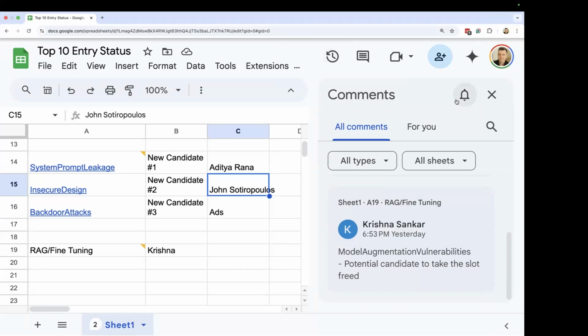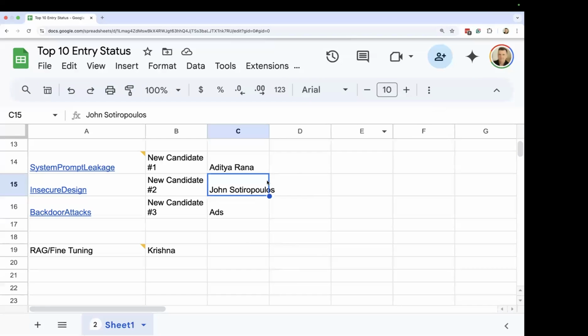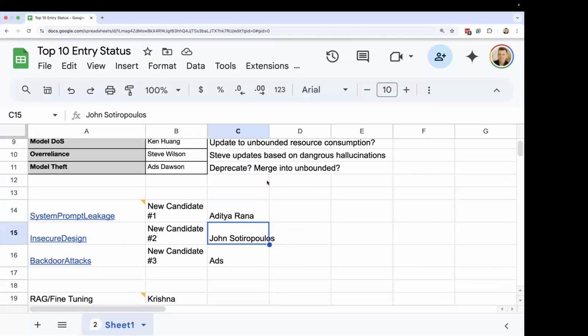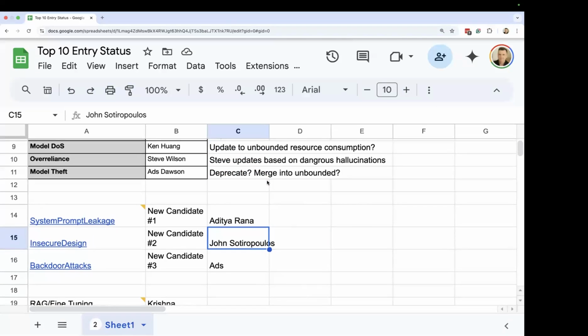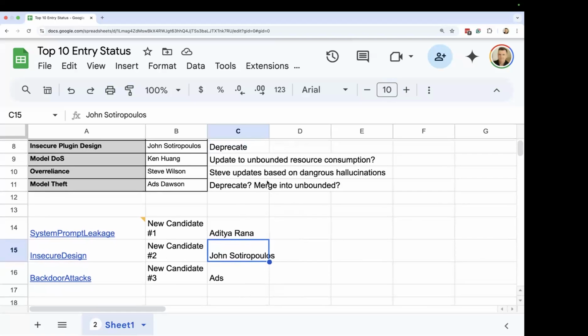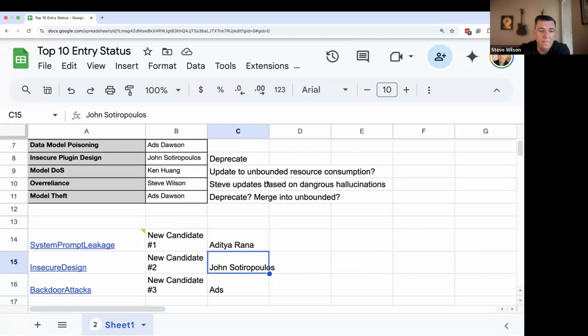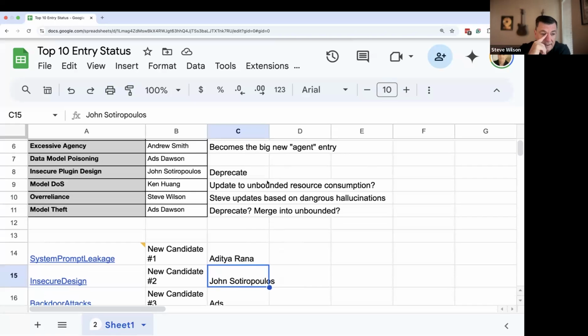Yep. And also on a quick topic, Andy had a note which says sensitive info. That's what I also thought, right? The system prompt leakage should go into 2 other places. I don't know whether it by itself should be a new candidate number 1. I'm pretty convinced it should be, and it was so highly voted. I think we're doing ourselves a disservice.